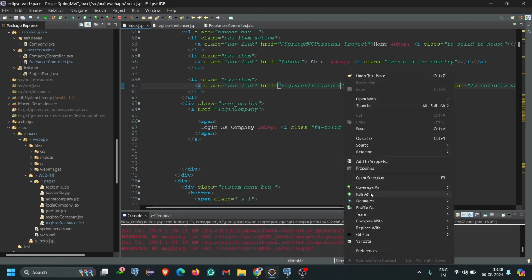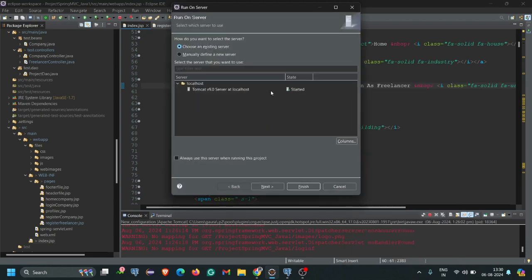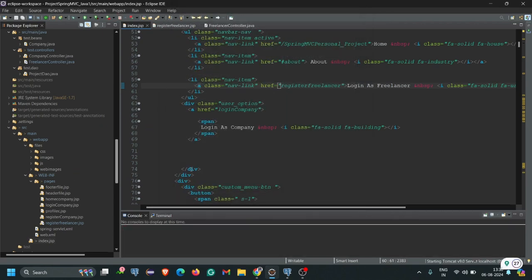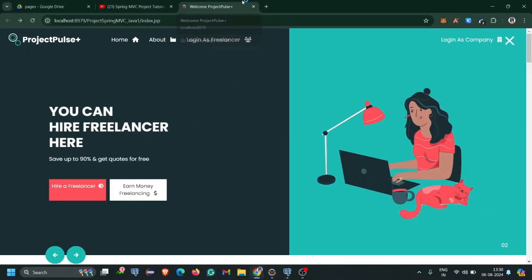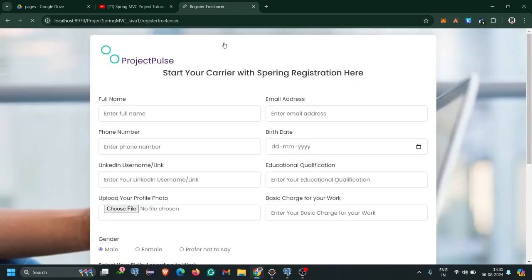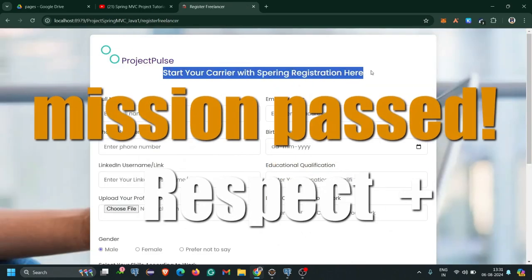I am just rerunning our project to check whether our page loads or not. Click on finish. Here you can see the building process of our project has started. Let's check whether our registration page loads. The project build is successful. Click on login as a freelancer, then the bottom left corner register freelancer, click on that,